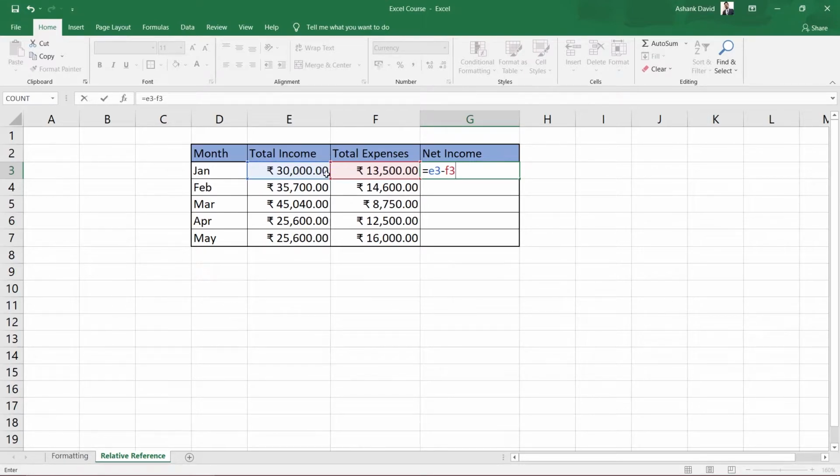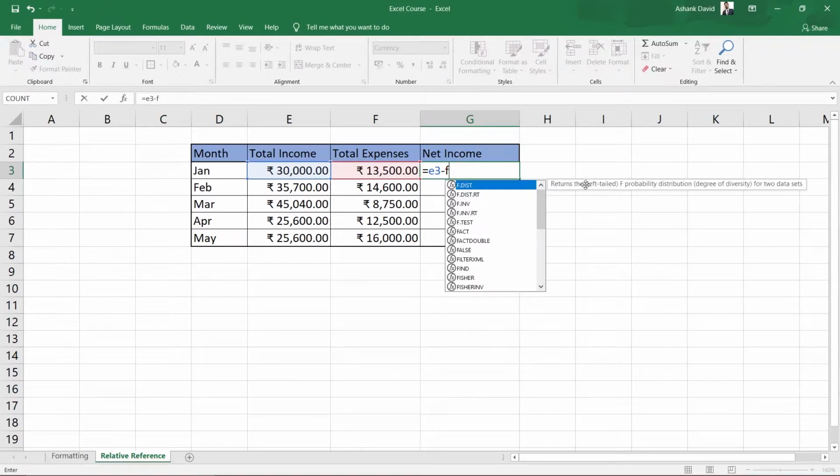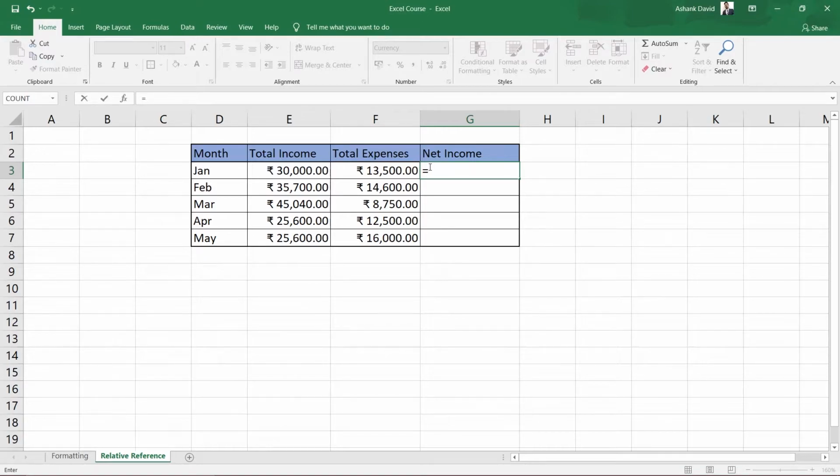This is one way of writing a formula. For a more precise way, if you are having difficulty navigating to the cell name, I'll just delete this. After writing equals, you can just select the cell by clicking on it. For instance, I want this cell, so I'll just click on this, and it will automatically write that cell name into the formula for me. Now, if I press minus on my keyboard and click my second cell here, this will complete my formula. This is the easy way of writing formulas in your cell.